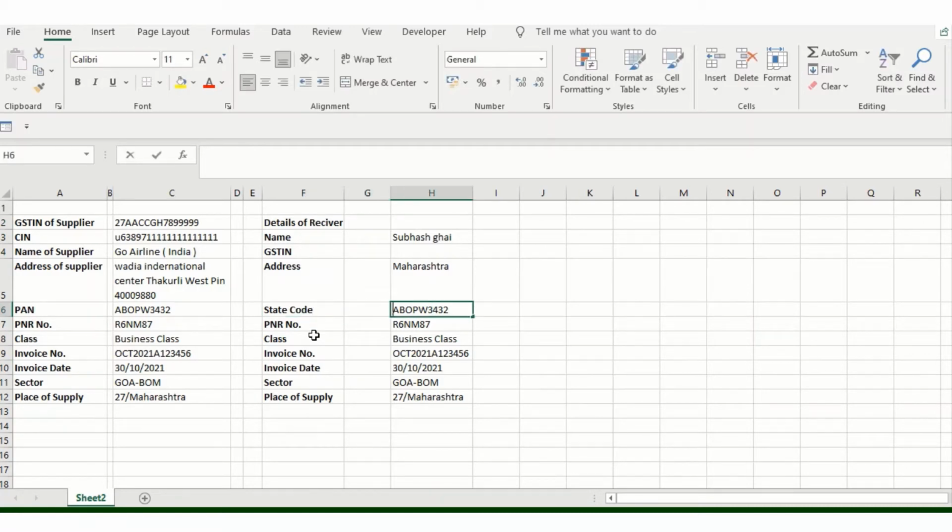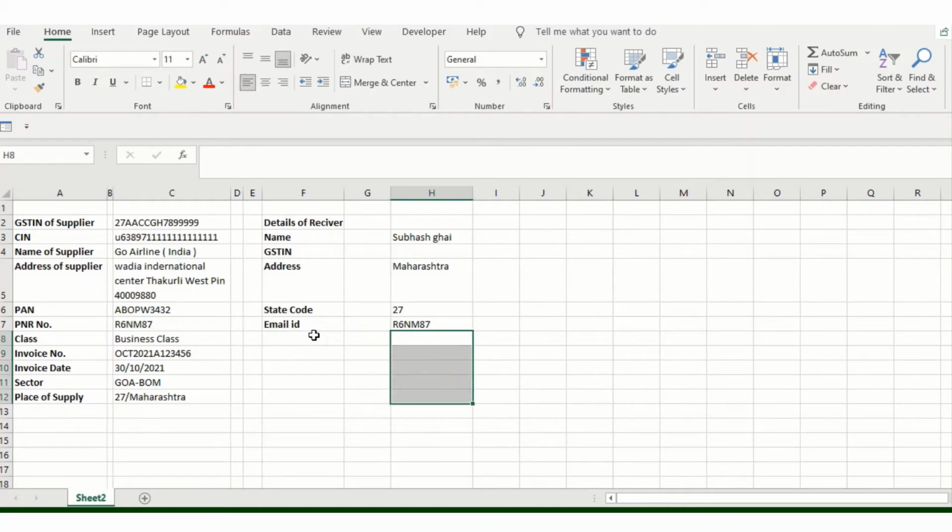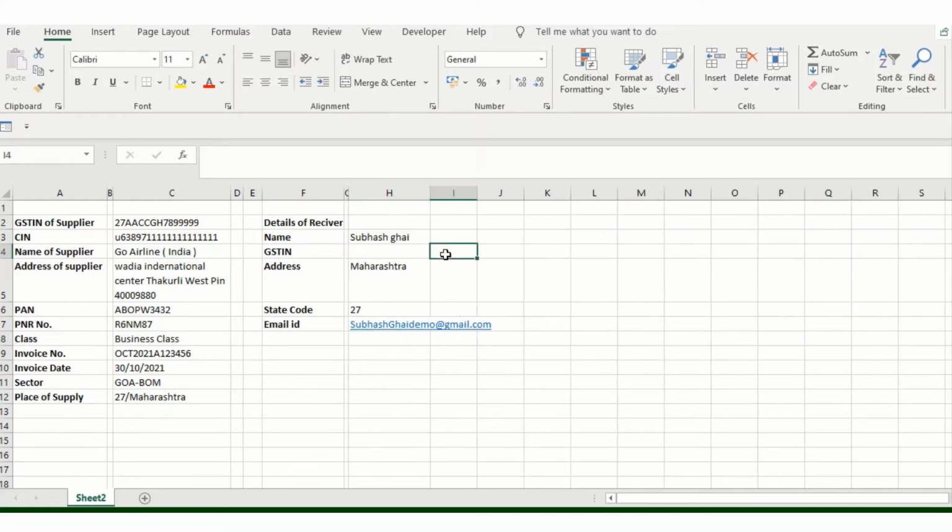So I'll add state code 27. Email ID, if any, the email ID of that particular person where we have executed the ticket or our tax invoices. I'll delete these lines because I don't need them, and I'll add the email ID, Subhash Ghai demo @gmail.com. I don't know if it's a working email ID or not. This is just for demo purposes again. I've added this.